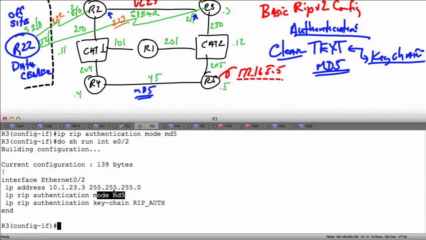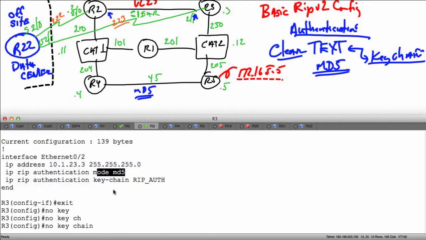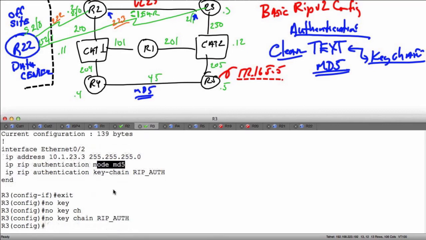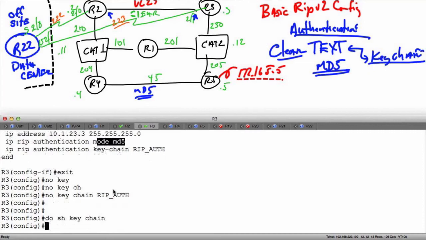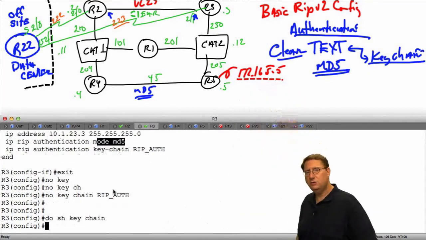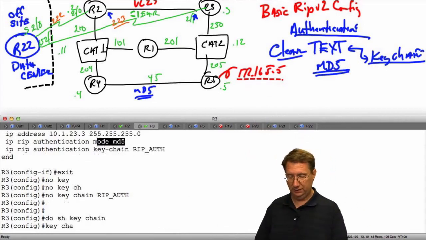Okay, now let's go over to R3 and let's make a modification here. First of all, I'm going to say no keychain RIP_OFF. Now, do show keychain. Have none configured, which I wouldn't expect to since I deleted it. So now I want to create another keychain. I'm going to call it the same thing, keychain